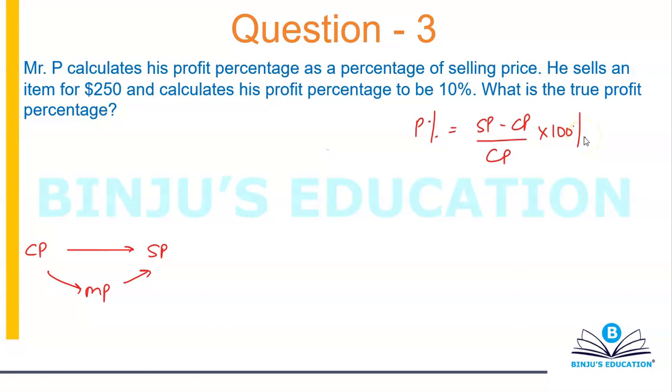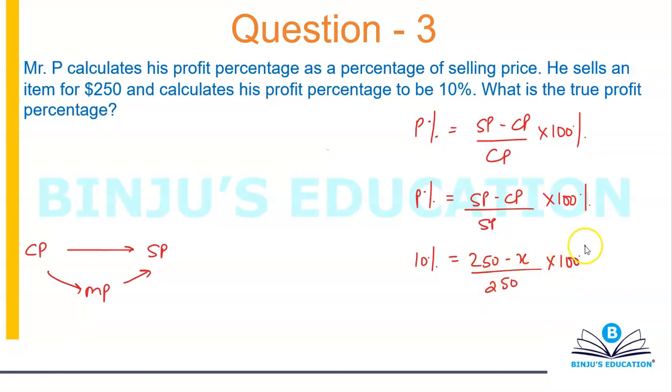Now in this statement it says that Mr. P calculates his profit percent as a percent of selling price, which means for Mr. P the profit percent will be selling price minus cost price divided by selling price into 100%. He sells an item for $250 and calculates his profit to be 10%. Plug in the values. So 10% will be 250 minus x, let's take cost price to be x, divided by 250 into 100%. So x will come out to be 225, which means your selling price is 250, your cost price is 225,